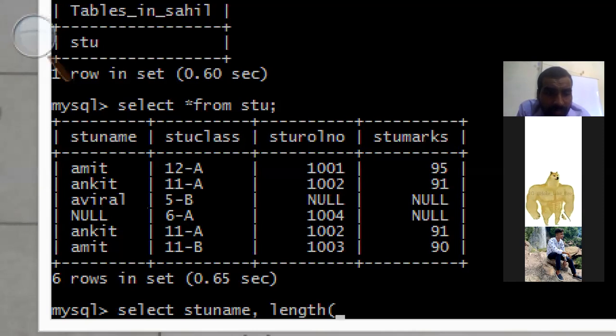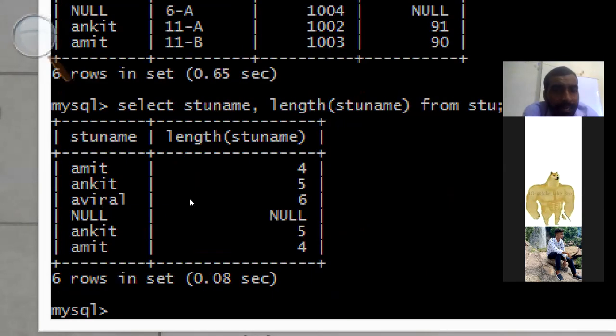Length of what? You want the length of STU name. Then write from, from which table, STU table, then semicolon, and press the enter key.